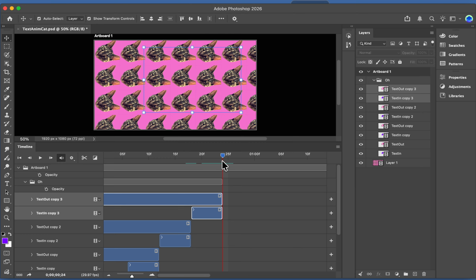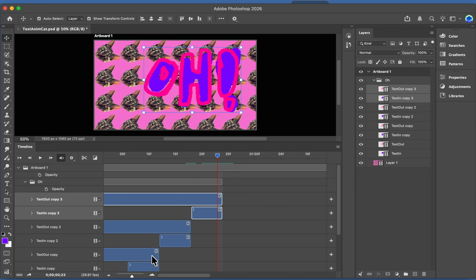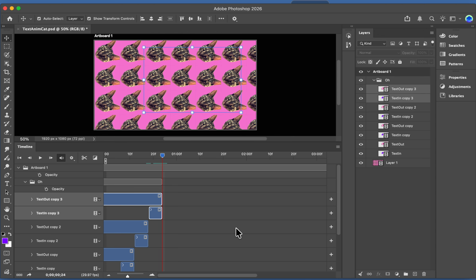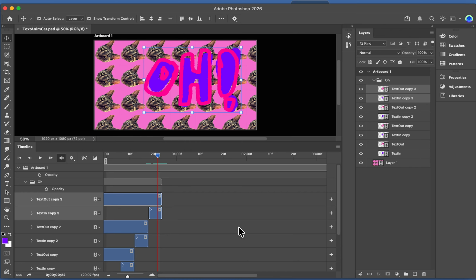I'm going to make it so you can see more of the timeline here. I know it says copy 3, but it's just because there's 1, 2, 3, 4. I'm going to put my mouse right where the last frame is. If you need to check on that, just move forward or backwards with your frames.